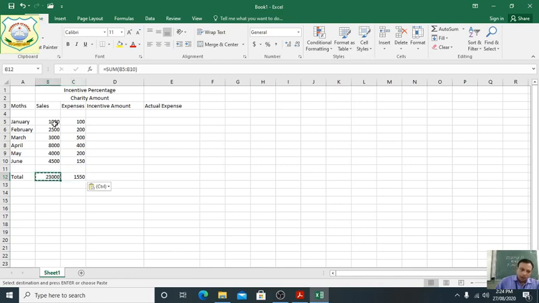Suppose you have taken here, you have added this value, but automatically when you have used the formula... If you have not used the formula, then whatever value you have selected here, automatically this value will come here. But if you have used the formula, then the cell address will change. Here what cell address you have given, B5 colon B10, but here what you have got, C5 and C10. So the cell address has been changed.